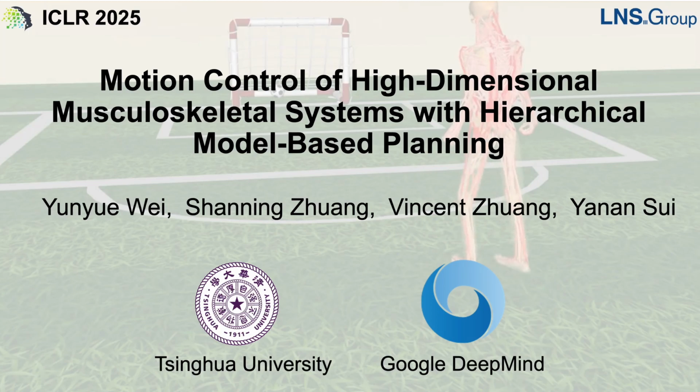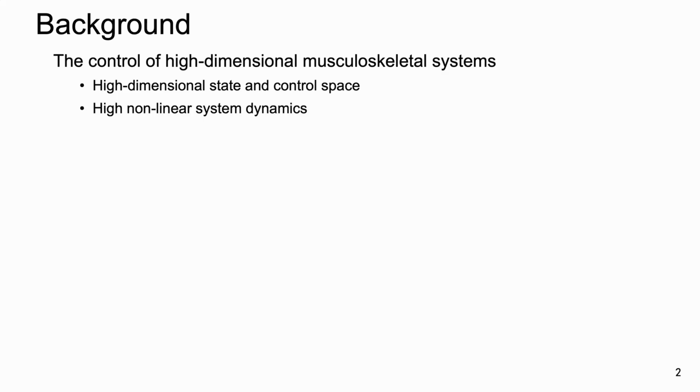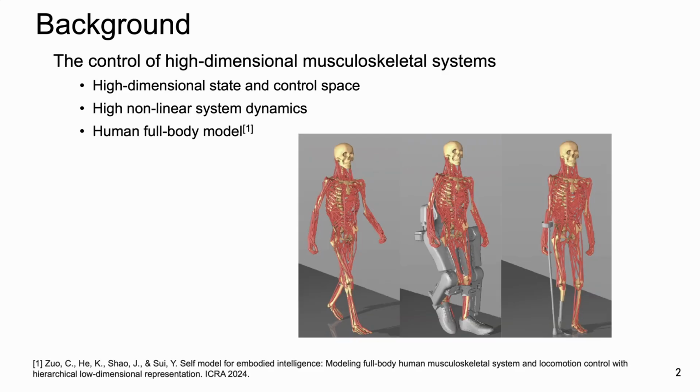In this video, we present motion control of high-dimensional musculoskeletal systems with hierarchical model-based planning. Our target problem is the control of high-dimensional musculoskeletal systems. It has high-dimensional state and control space and highly nonlinear system dynamics. For example, the human full-body musculoskeletal model we used in this work has 90 rigid body segments, 206 joints, and